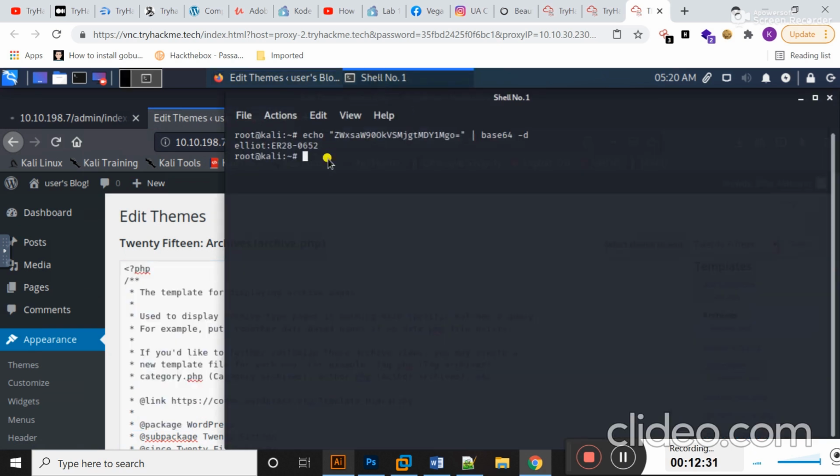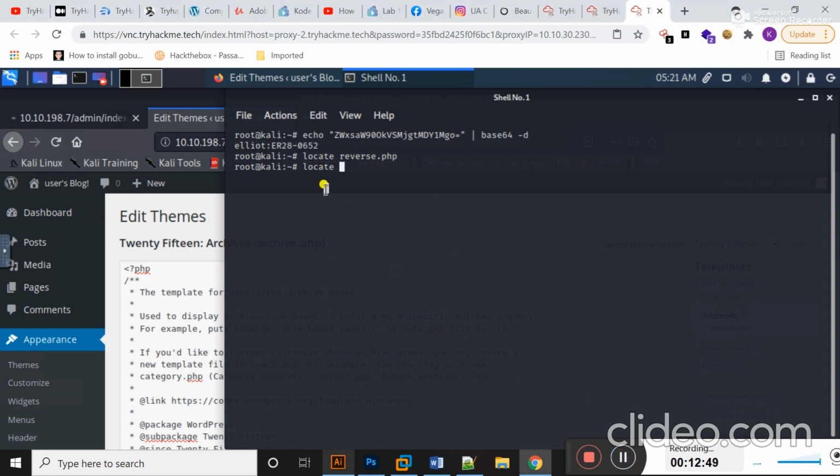I go to my terminal window and locate reverse.php.